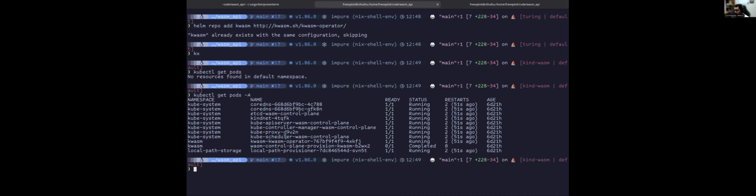I'm going to use the other one. So after you create the cluster, for example, we add this WASM operator here with Helm. Helm is like the package manager for Kubernetes. And we can see we have WASM running here. This operator will let us